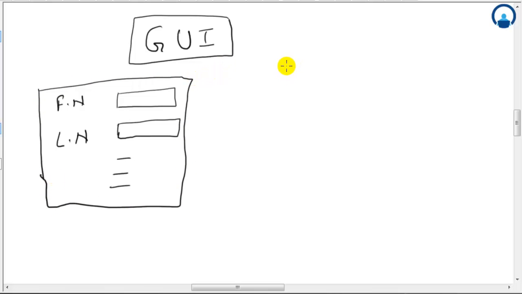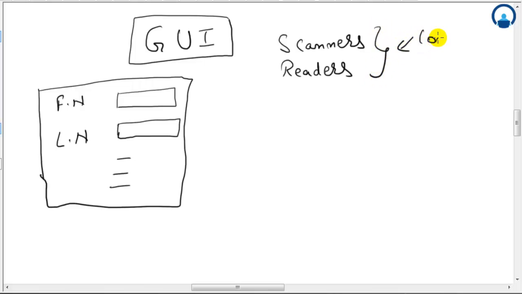If you have done some programs on core Java, you know that to take the inputs we can use scanners, we can use readers, and we can feed the inputs via the console.